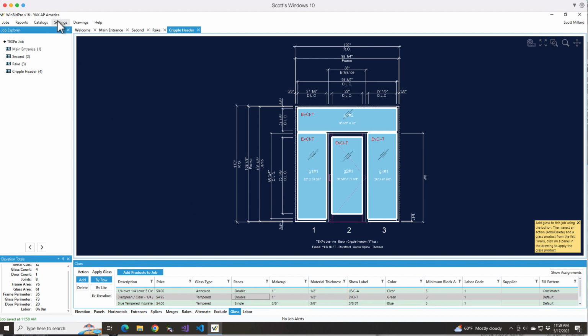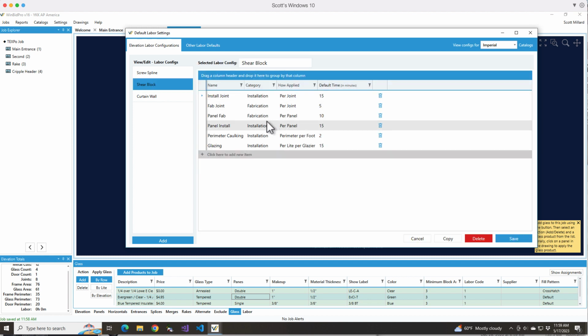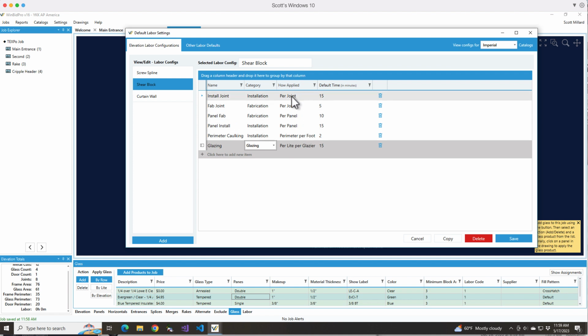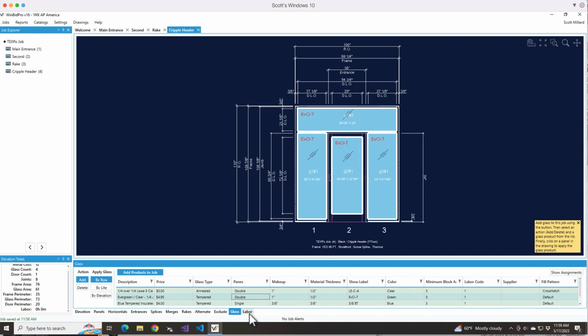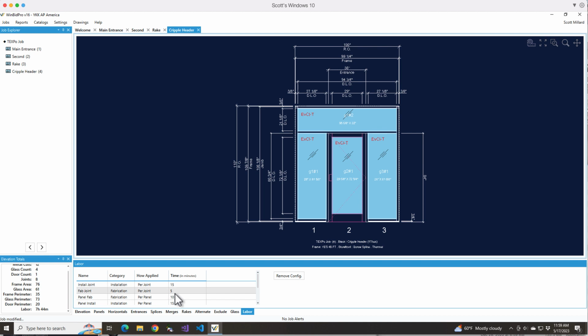For labor, you can calculate labor. There's labor configurations where they're pre-configured with different line items that are either installation, glazing, fabrication, whether it's per joint, per cut, per panel, per elevation, all those different things. So all that is totally configurable. And then once you do select your labor, or configure your labor, that is, you can select it for the actual elevation and apply it, and then it calculates all the time needed for each of those line